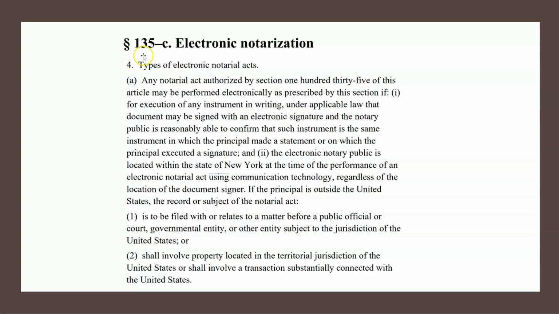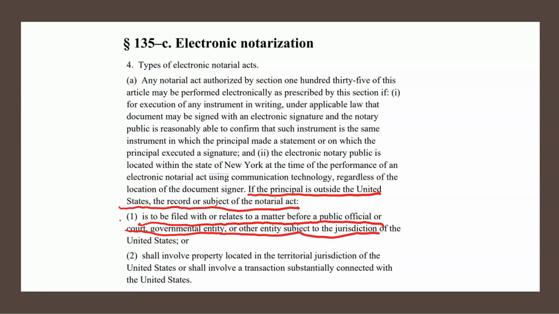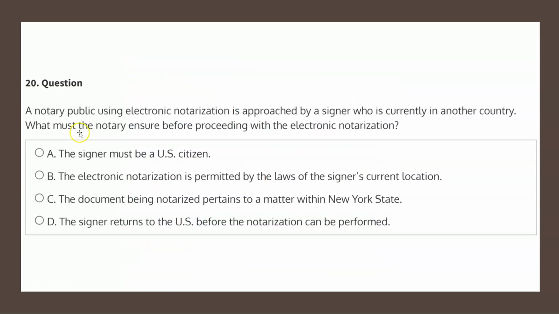section 135-C, and within that, paragraph 4A, jumping to the bottom, it states, if the principal is outside the United States, the record or subject of the notarial act, subsection 1, is to be filed with or relates to a matter before a public official or court, governmental entity, or other entity subject to the jurisdiction of the United States, or shall involve property located in the territorial jurisdiction of the United States, or shall involve a transaction substantially connected with the United States. So with this in mind, let's have a look at our four choices to determine our